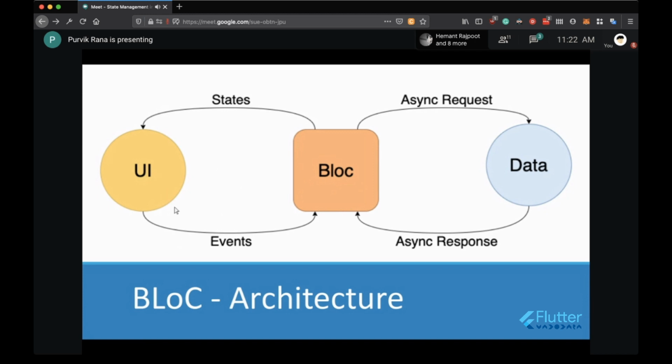So this is the basic thing about the BLoC architecture. On the UI, whatever events are happening, whatever the user is interacting with on the screen, all of those will be in terms of events. Button press events, routing events, all of those will be events, and those events will be passed to the BLoC. The BLoC will do the business processing, and it will emit different states based on the events.